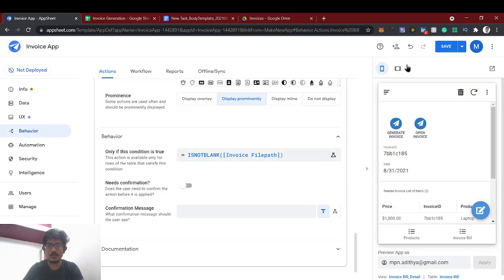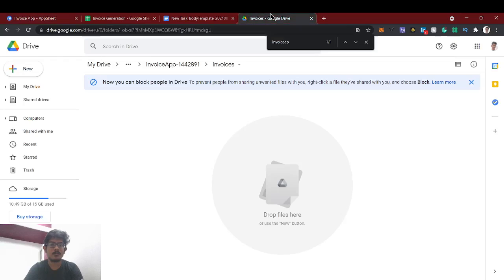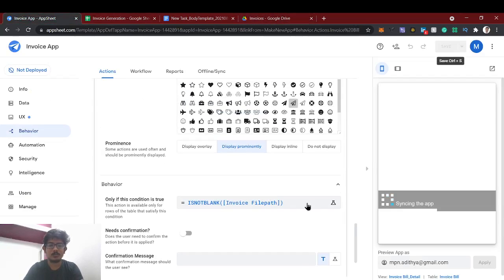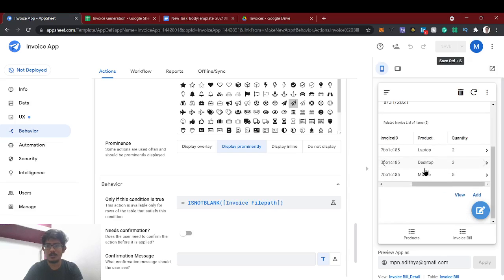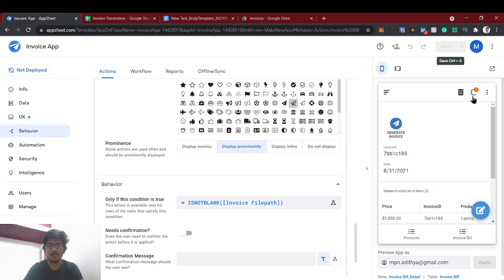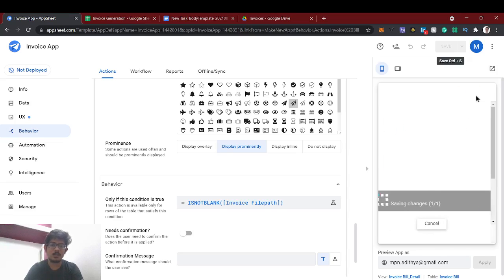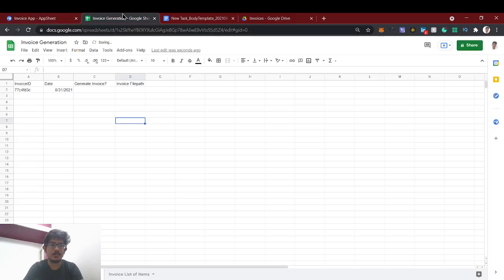Now we'll save this. Okay. Now we'll generate the invoice for these three items, and once we generate it, let's generate this. So the open invoice button should appear, right, based on this condition. So if you see, the file path got generated. Okay. So if you see the AppSheet data invoice app slash 1442891 invoices slash 7B1C185. So we will check the